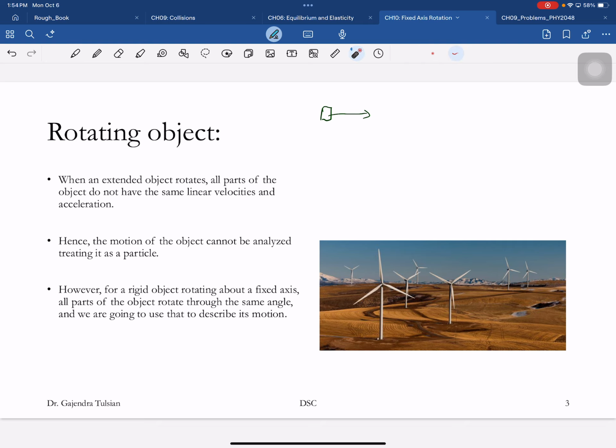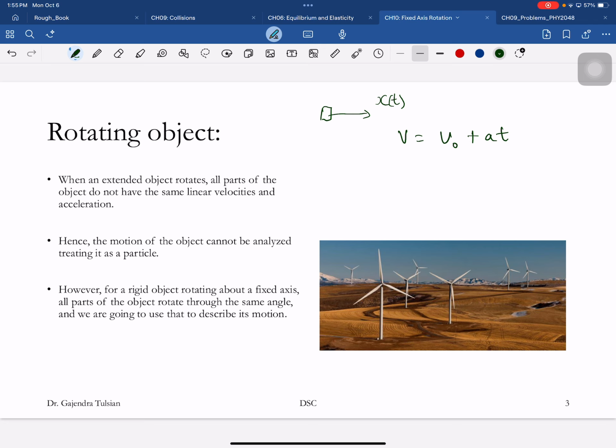Here, every point in the object had the same velocity and so on. So you were able to treat this object as a point object. And you studied the motion of this object. For instance, you were interested in knowing the location where the object is at all times, and you could calculate the velocity and acceleration for that object. And if the acceleration was constant, you were able to say things like the following: